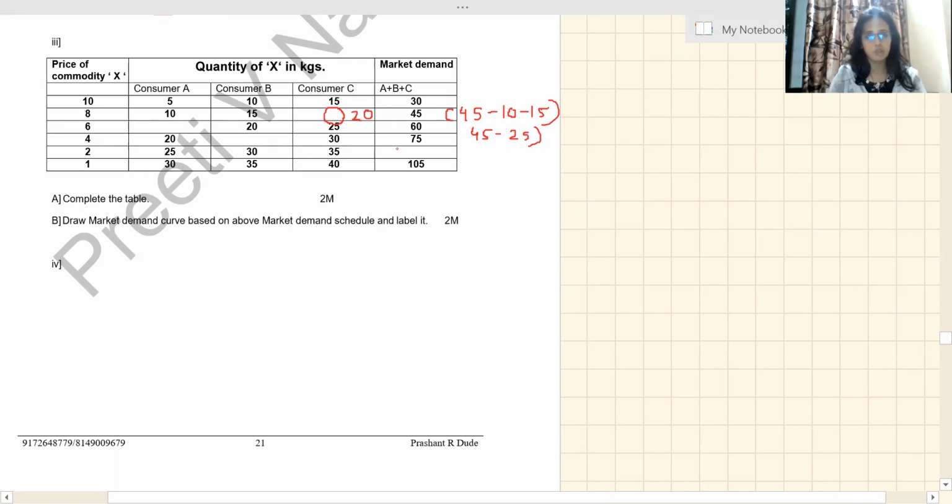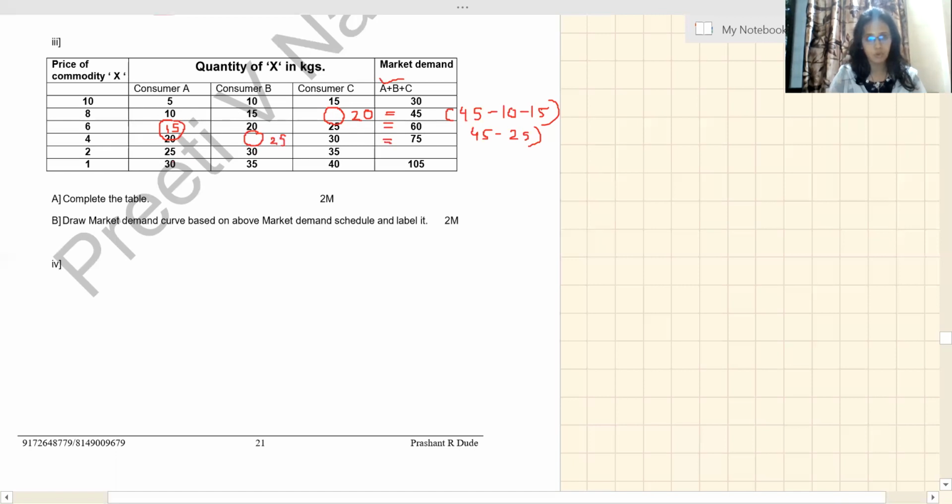Now we want 60. So 20, 25. So what should be here? It should be 15. I hope you have understood. Means what should be written here so that the total will be 60? If you subtract both 25 and 20 from 60, you will automatically get 50. Now we want 75 total. This is the total of what? A plus B plus C, or they have already given it here. So there is only one missing figure. So 50, 75. So my answer is